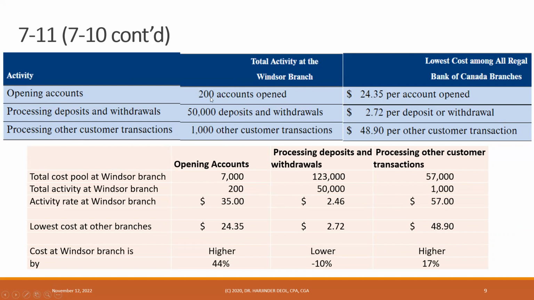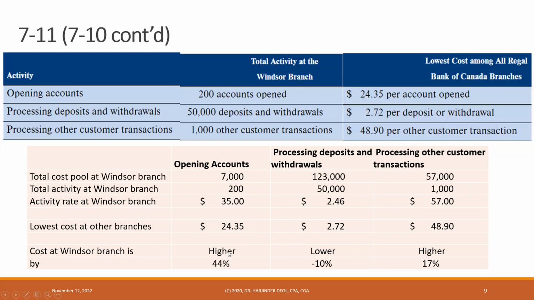So for example, if we open 200 accounts and the total cost was 7,000, the average activity rate here at the Windsor branch is $35. How does that compare to the lowest cost at other branches, $24.35? Well, the cost at the Windsor branch is higher by 44%. Now, how do you get the 44%? You calculate the difference between what the cost is at the Windsor branch and what is the cost at the comparable branches. And that difference divided by what the cost is at the lowest cost branch,